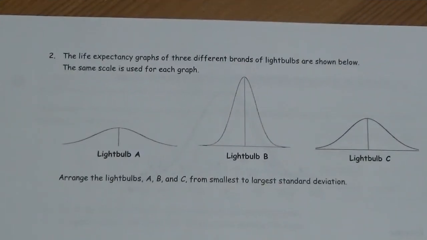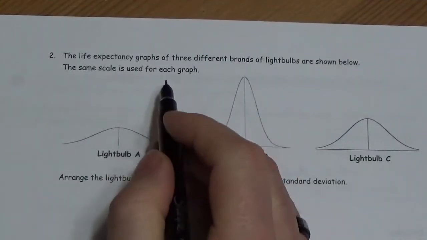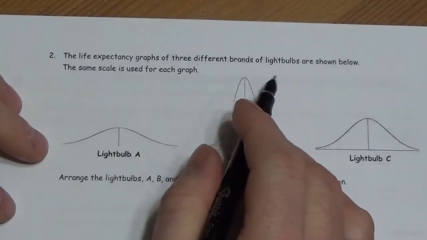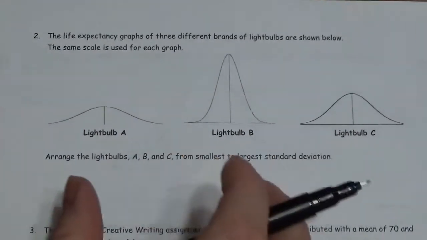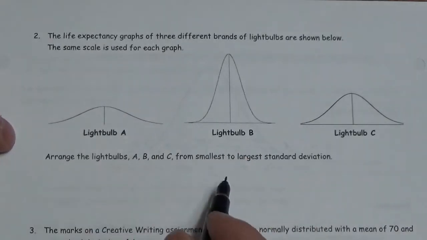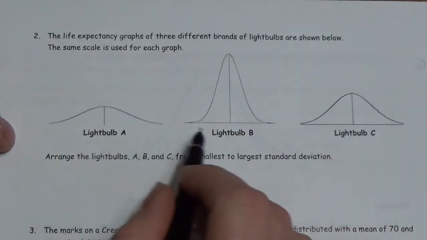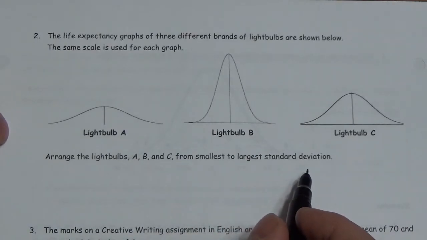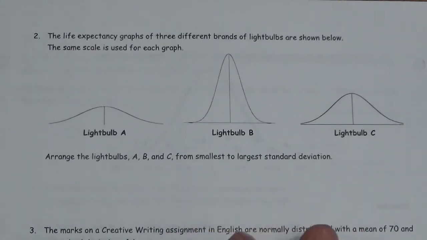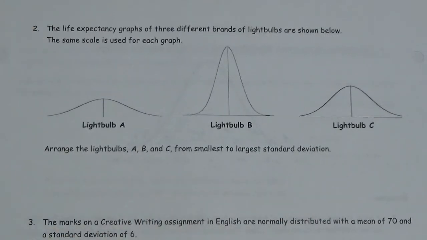Okay, in this question, it says the life expectancy graphs of 3 different brands of light bulbs are shown below, and we're going to assume the same scale is used, so we're not trying to fool anybody here. And we just want to arrange these graphs here, light bulb A, B, and C, in terms of the smallest to largest standard deviation. Okay, now remember that the standard deviation is a measure of the spread of the data,